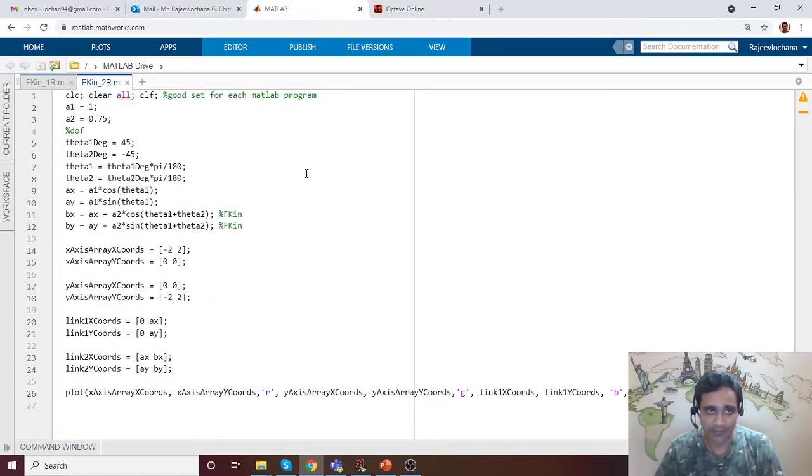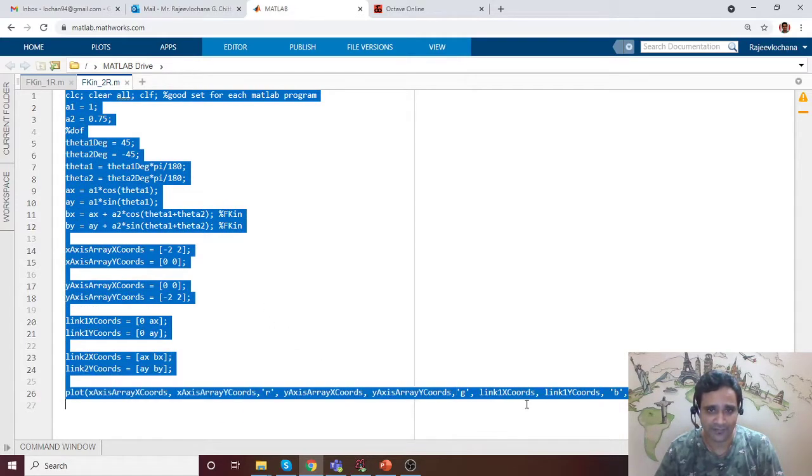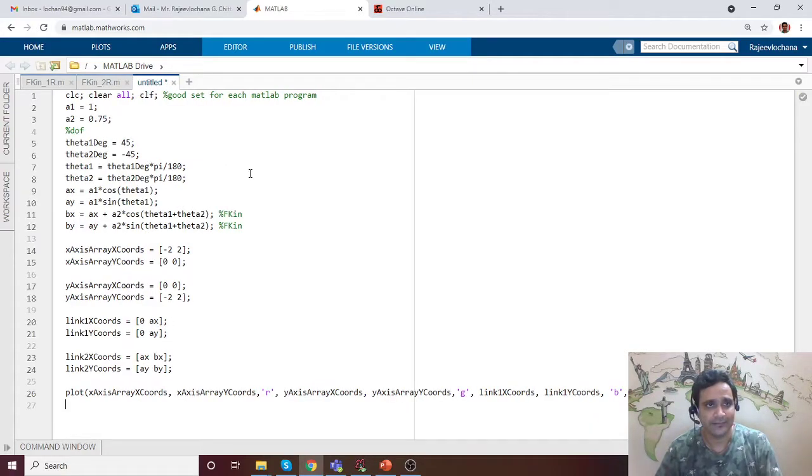In MATLAB I already have code for the 2R manipulator. I don't suggest doing copy paste, but to save time I'm just going to take this code and create a new file. Let me try to tidy it up a bit.